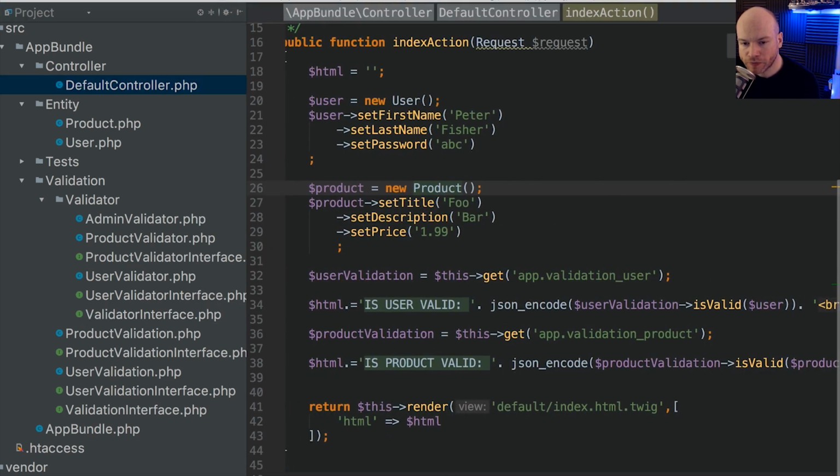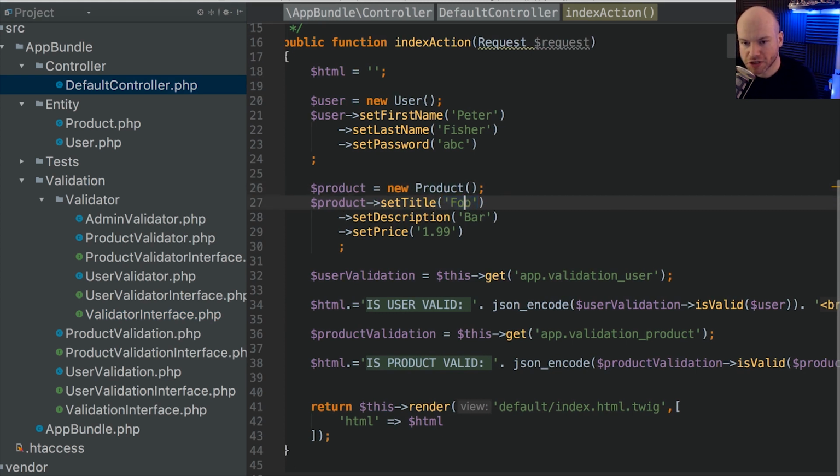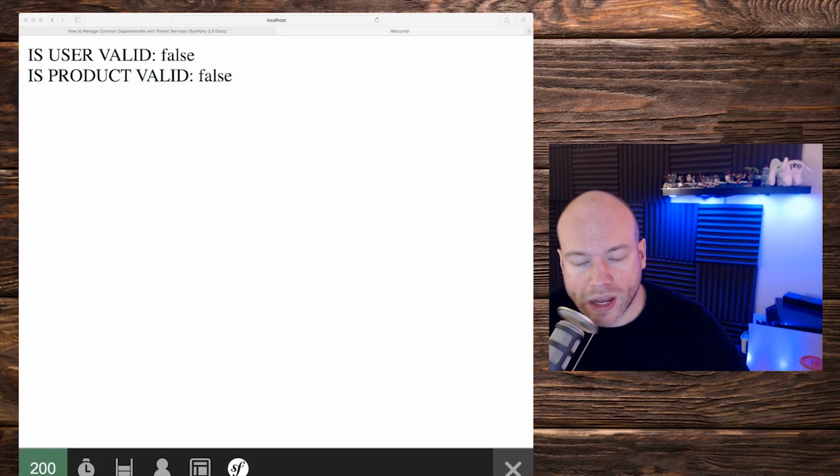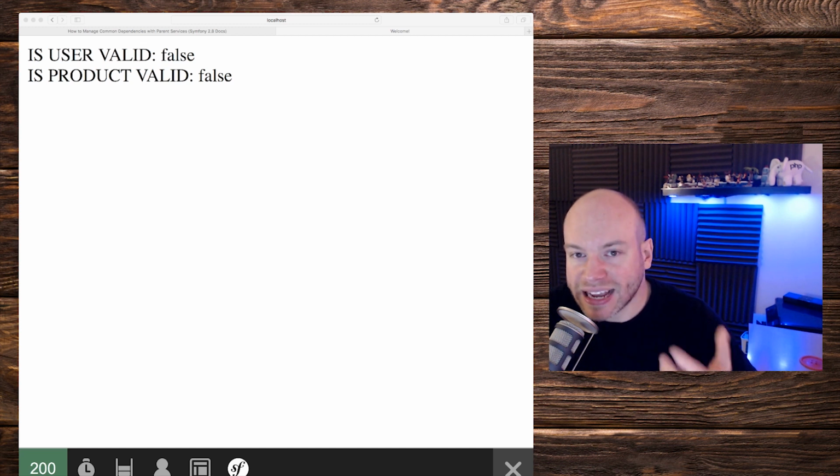I can do if one of these was invalid. So for example, if I was to remove this, for instance, so if that was just an empty string, and also remove the first name here, we can do save, because if we went to the browser, refresh the page, we can now see that they're both invalid. So is user valid is false, is product valid is false. But we don't actually know what is wrong here, but we can access those